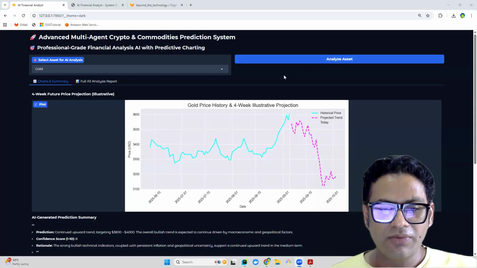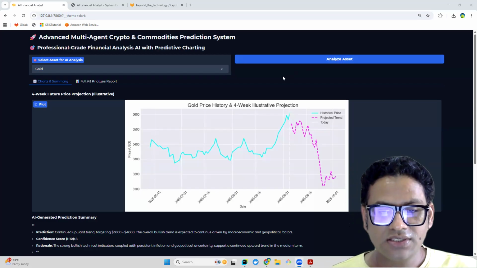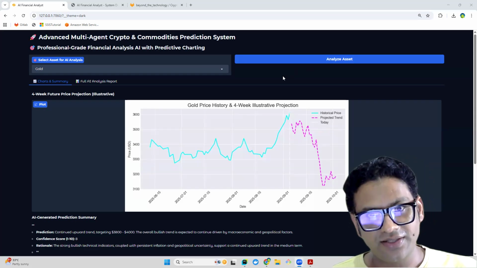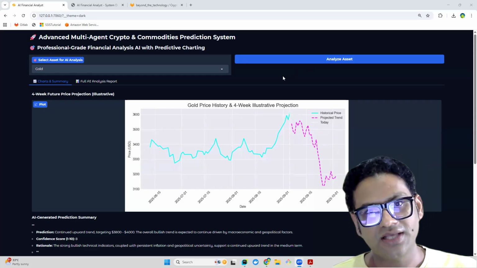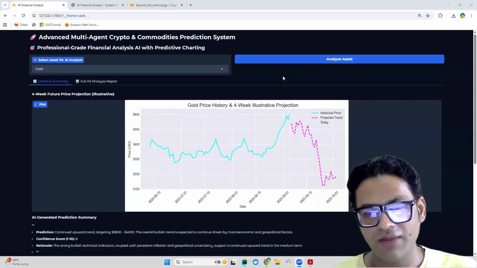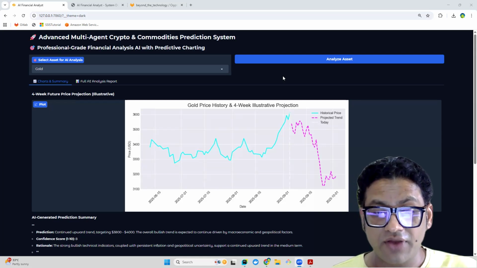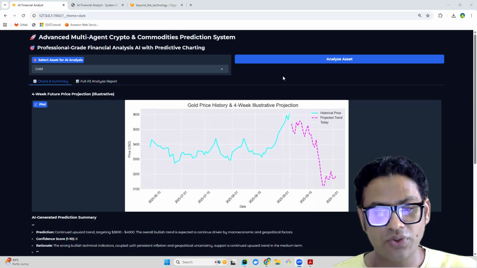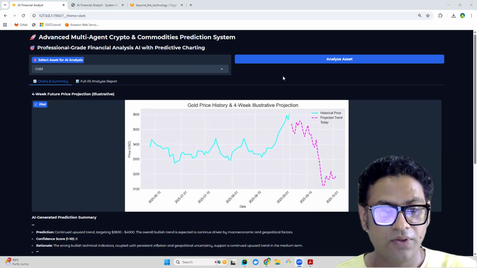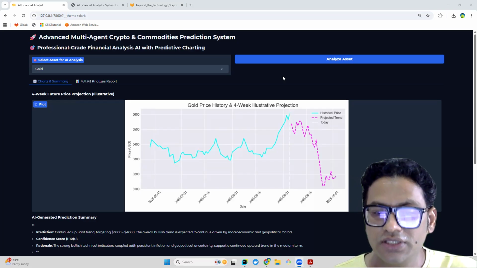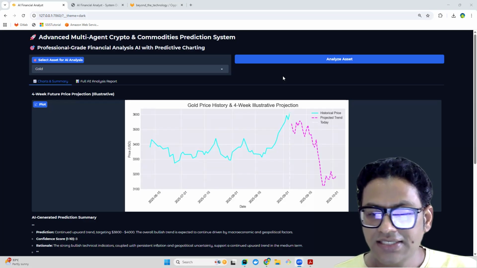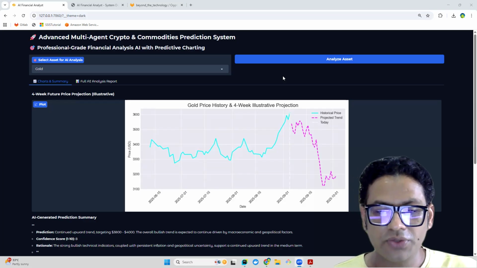So, as you can see on my screen, it is an advanced system that analyzes cryptocurrencies as well as commodities. And we're going to see that in a working demo in a bit. It generates not only a predictive chart but even writes a professional grade report that you can download. To show you just how powerful this is, let's kick things off immediately, and I'm going to select Bitcoin